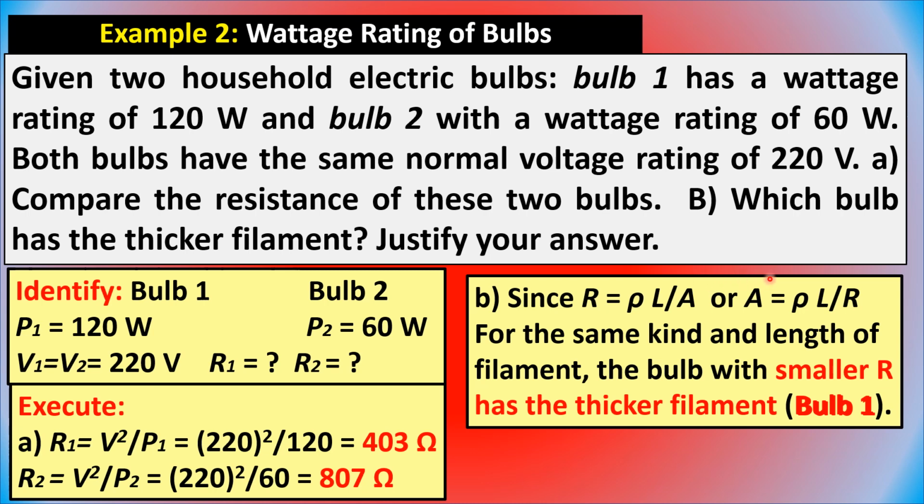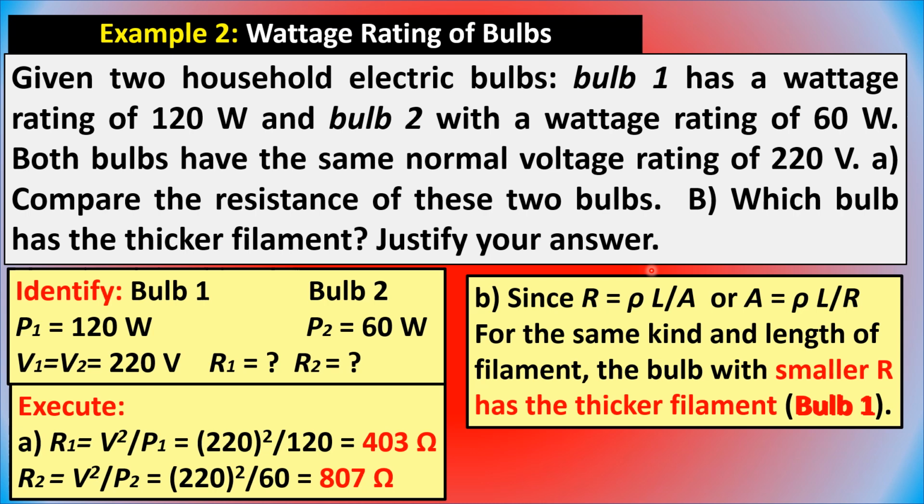Since earlier we got in letter A that the resistance R2 is higher compared to R1, assuming the lengths of the two filaments are the same and they are made of the same kind of material, for example, both are made of tungsten, whose resistivity constant